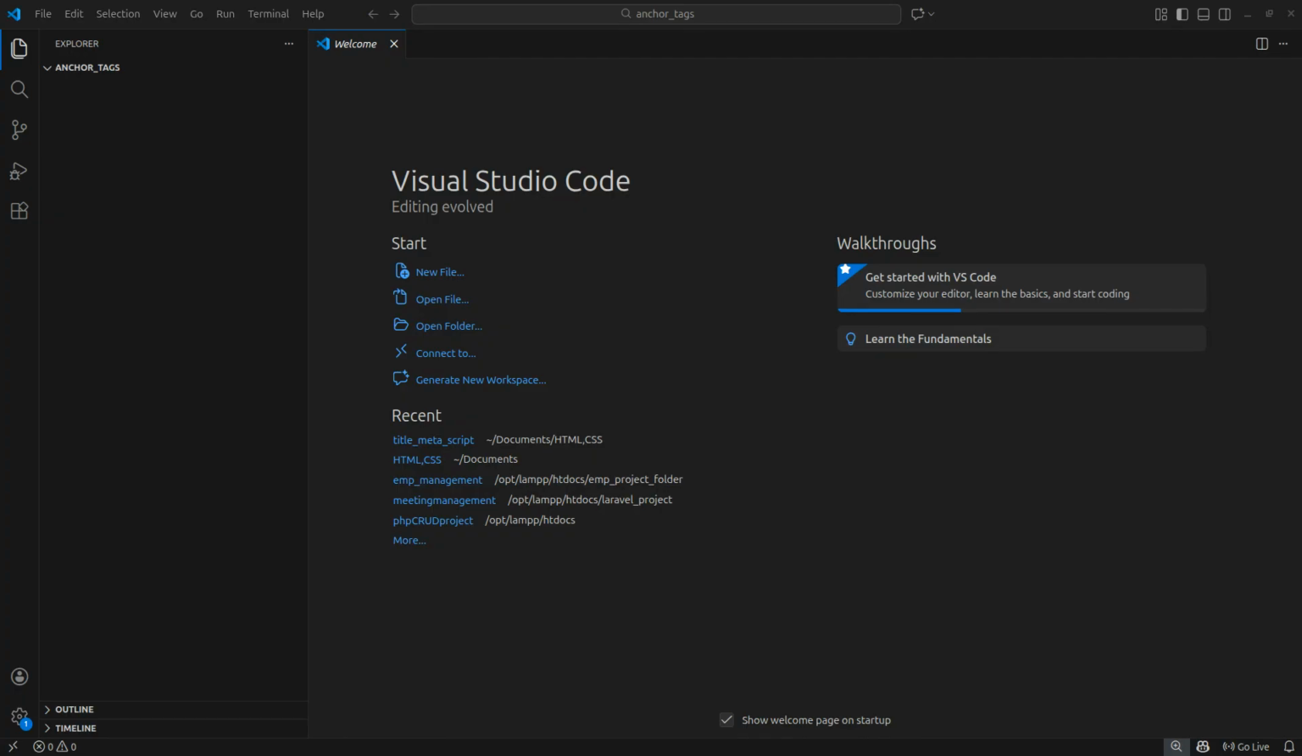In HTML, we use the image tag to display images on a web page. It is a self-closing tag, meaning it does not need a closing tag. So first of all, let's see the use of this tag. First of all, I will create a file